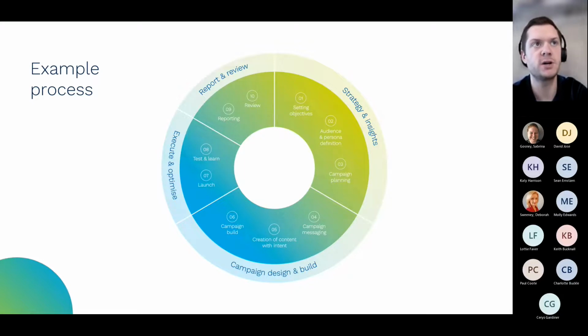Then once the campaign's wrapped up, we go into the report and review stage. So stages 9 and 10. So stage 9, we look at the objective data. What are the leads? Who are they? What number of clicks did we get? How many impressions did we gain throughout the campaign? And we just look at the core objective data, which can't be disputed.